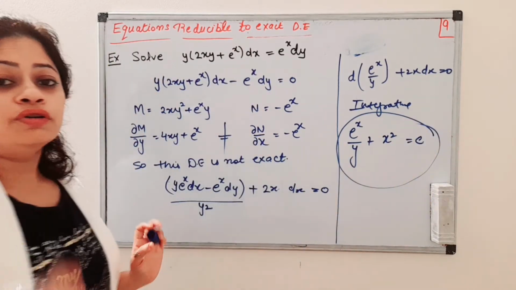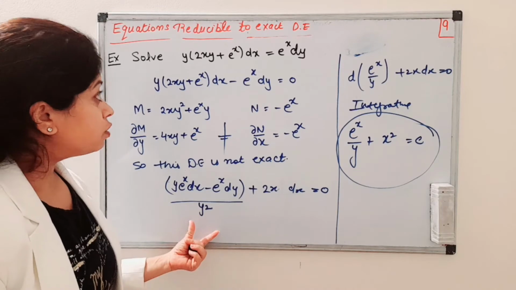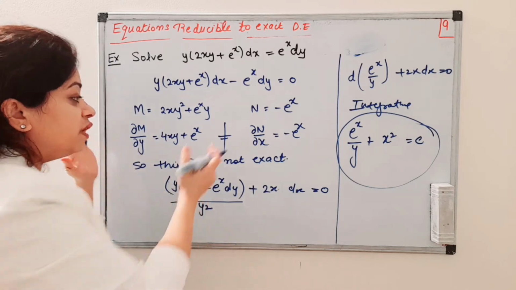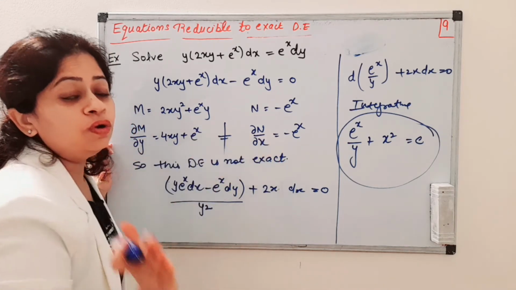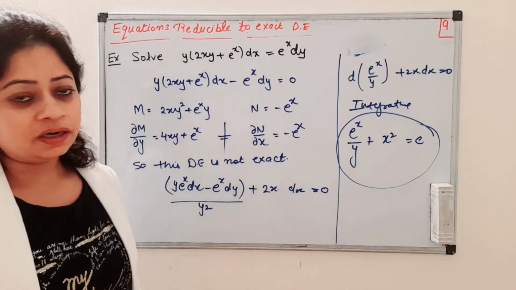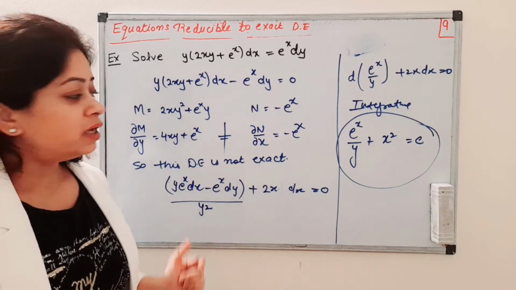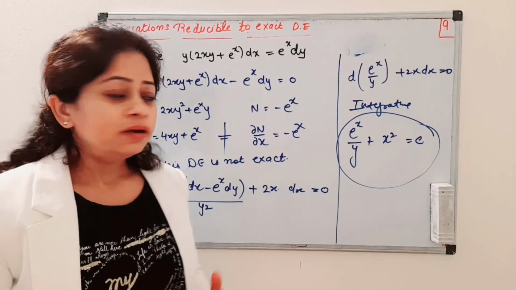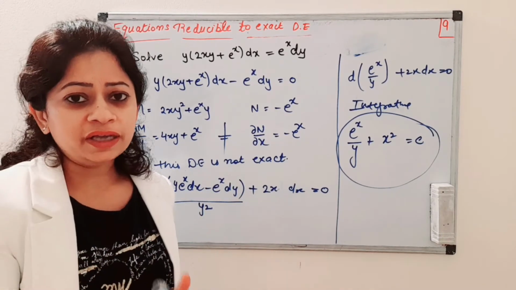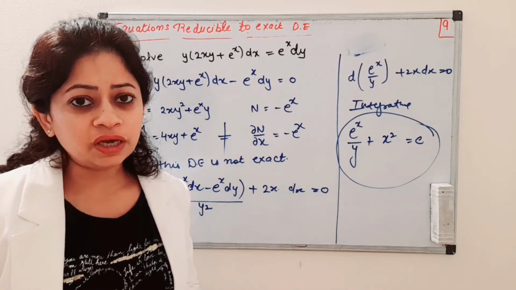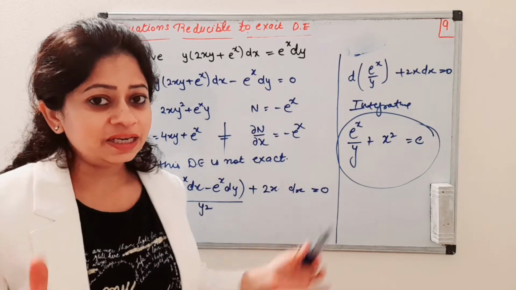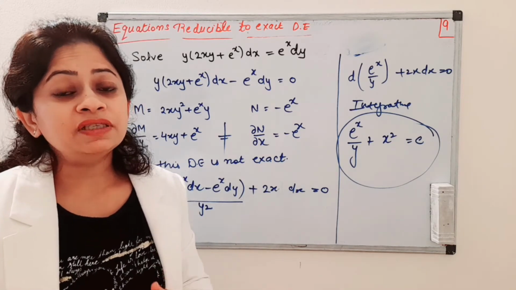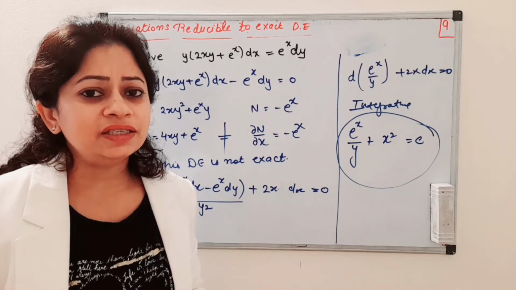So this is the solution of this differential equation, and we saw that just by rearranging the terms we could find the solution. Otherwise, when the differential equation is not exact, what do we need to do? We need to find the integrating factor if we cannot rearrange like this. We will come to that now. Whenever you cannot rearrange, or you don't want to rearrange, you can solve just by integrating factors also. You don't need to rearrange if rearranging is tough. Just jump to integrating factor only, because sometimes just by finding the integrating factor it becomes very easy to solve the question.